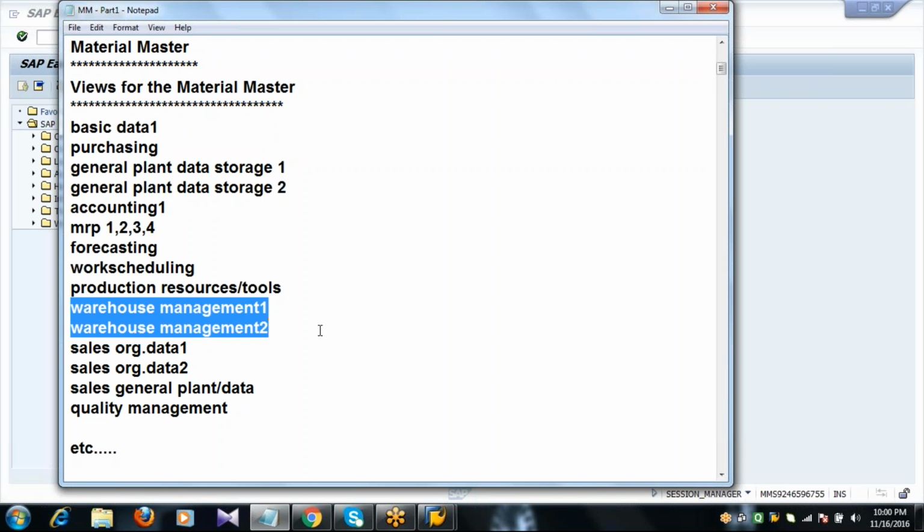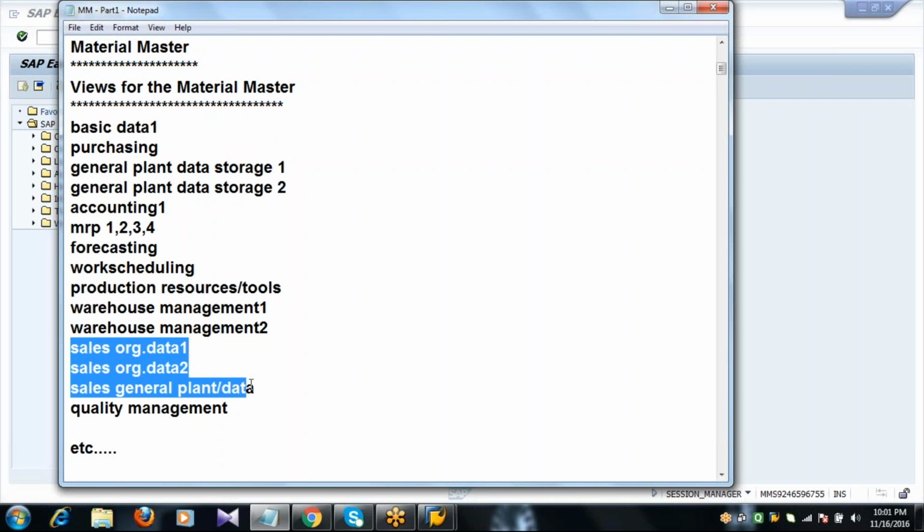Warehouse management 1, warehouse management 2 belong to the WM module. Sales organization data 1, 2, general plant data are for the SD module.